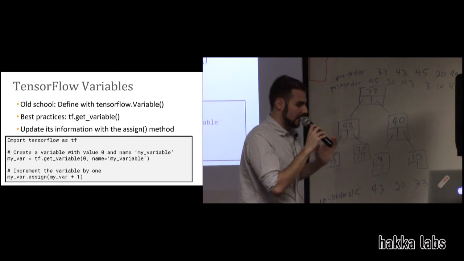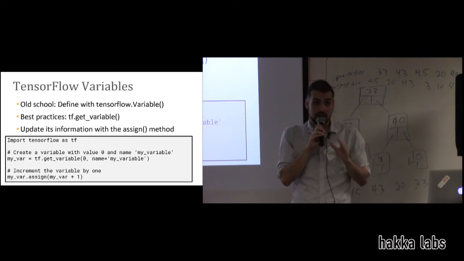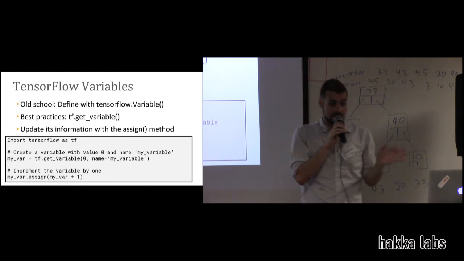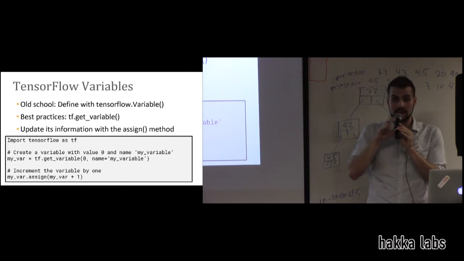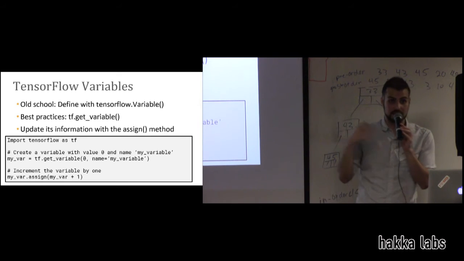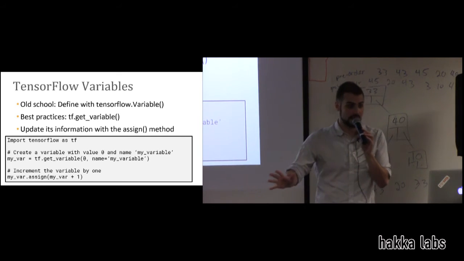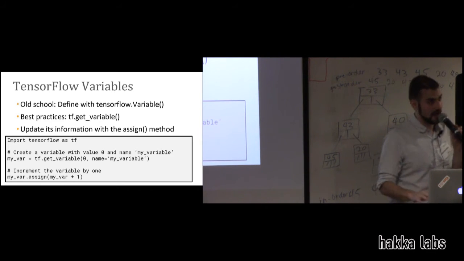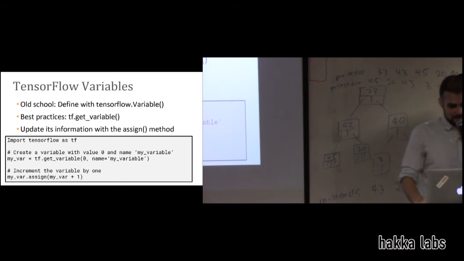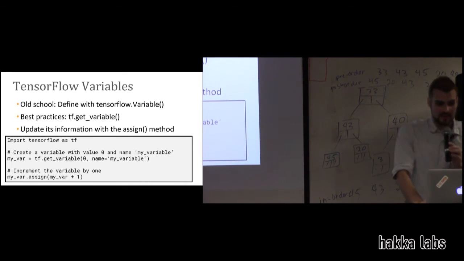And it just becomes a lot simpler if you use tf.getVariable because you give it a specific name and you're able to call it from there. So that's the basic idea of why you want to use getVariable. That said, I'm probably going to just end up using TensorFlow.variable anyway because these graphs we're making are pretty straightforward. When you want to update its value directly, you can use the assign method.